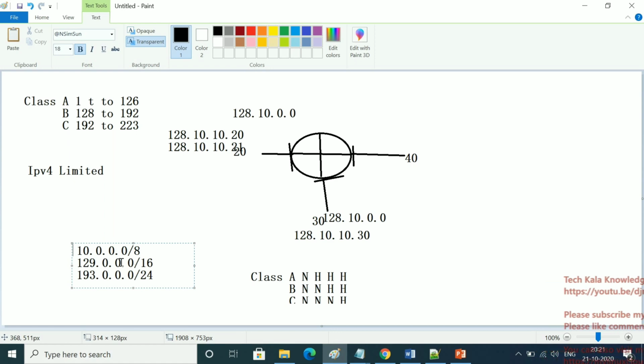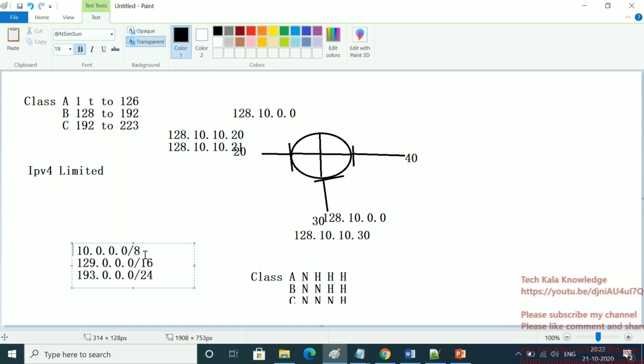There is no subnet concept if this value is there, because it comes by default. Now if someone creates a subnet here, then this value will change, like 9 or 10.